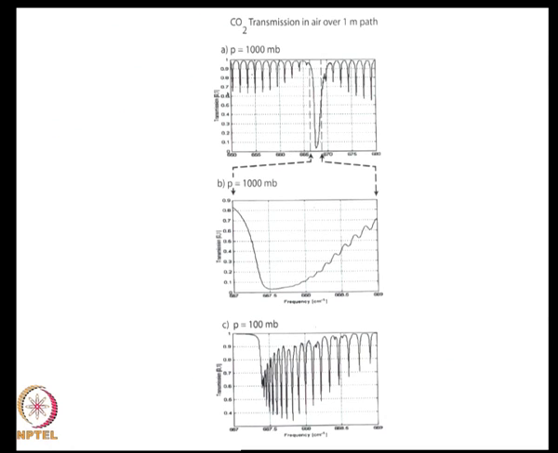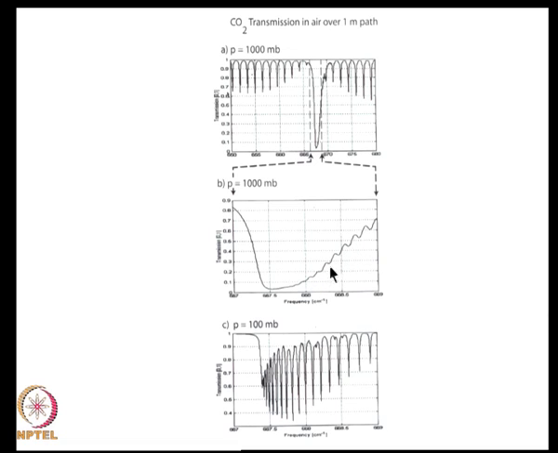Now, we show once again the impact of pressure. We start with 1000 millibar, we get the full carbon dioxide spectrum at 670 centimeters minus 1, and then we look at a close up of the absorption band right close to 667, and you see that this has slight waviness, and that waviness is there because of the lines, but these lines are not fully